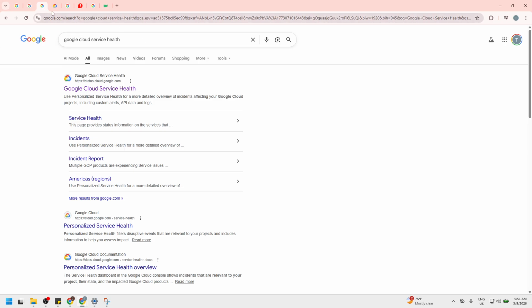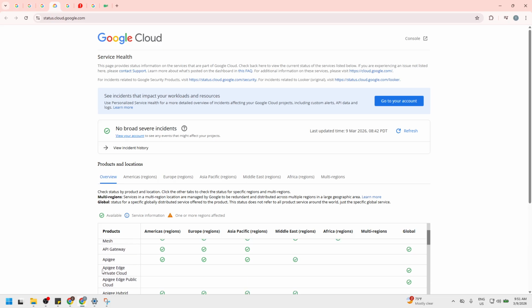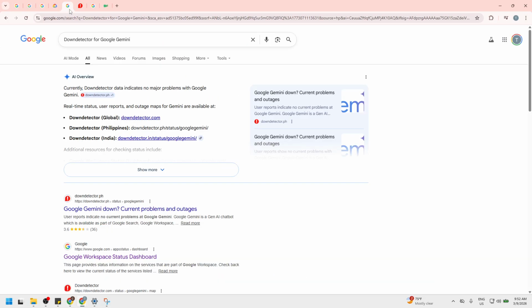Search for Google Cloud Status and open the official status page. Here, look for entries related to the Gemini API and Google AI Studio. This page focuses on back-end incidents that impact API availability, latency, or specific regions. Read the incident notes carefully. They'll often outline scope, affected services, and any required workarounds. If you rely on Gemini programmatically, this page gives you the most direct signal about whether your integrations might be